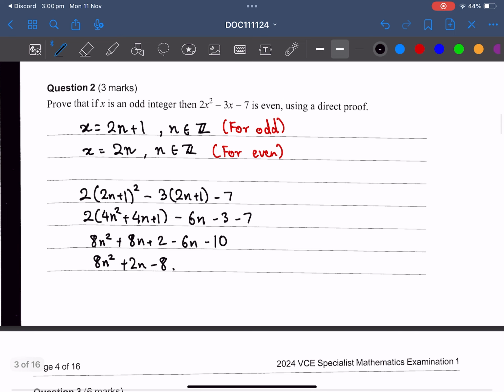Okay, so notice how we can take 2 as a common factor. So 2 times, 4n squared plus n minus 4. Okay,